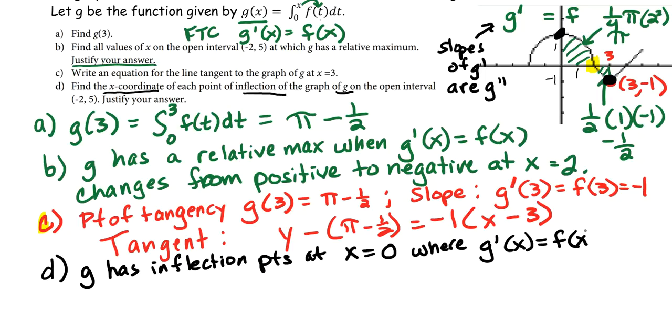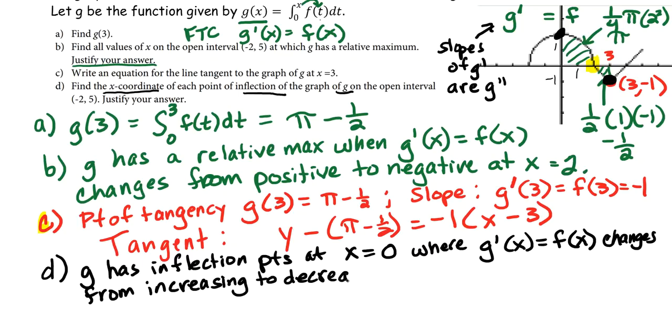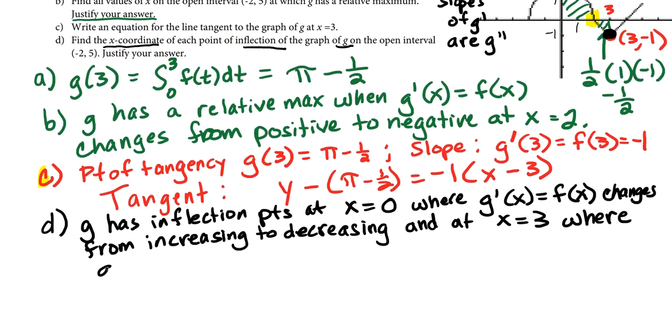Out of habit, I'm using x. And at x equals 3, where g prime of x equals f of x changes